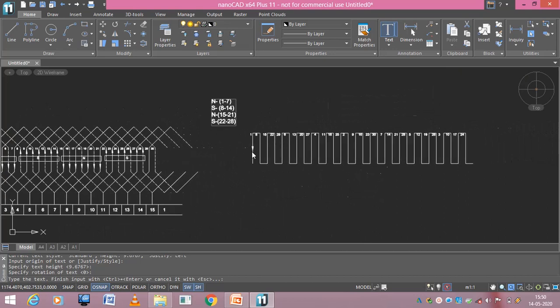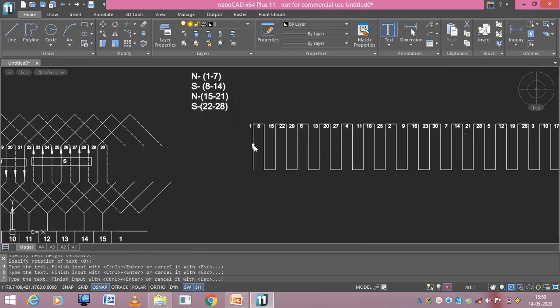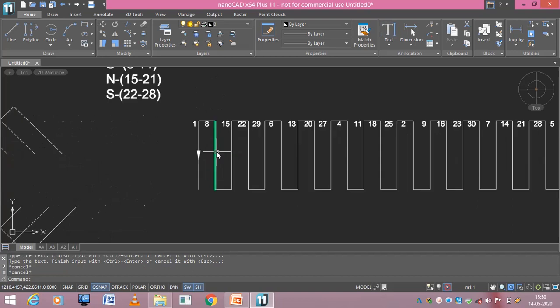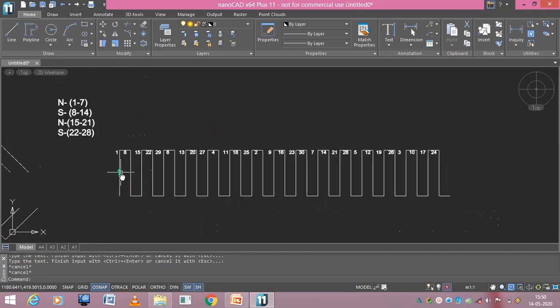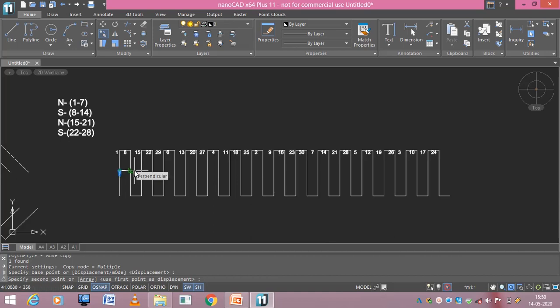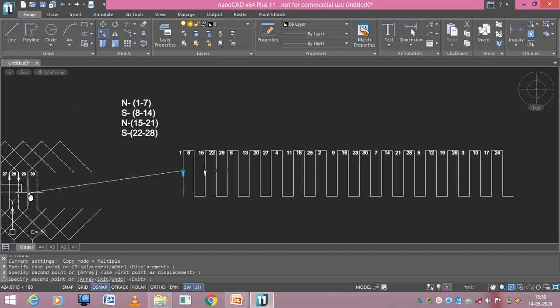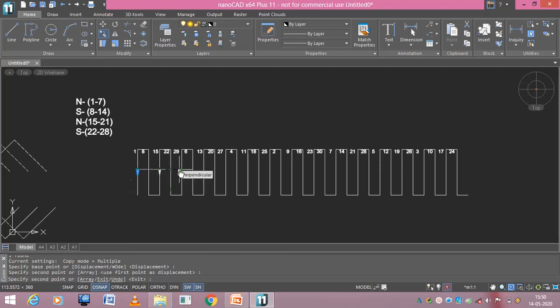Now I have the conductors here, so let me take this. Select this, go for copy. The 8th conductor is under the south pole, the 15th conductor is under the north pole, 22 south, 29 I don't know, because I don't know which conductor is under north or south, so I will leave it as it is.